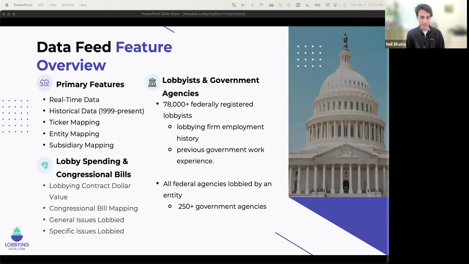You see activity every single day, despite the fact that the reports are supposed to occur on a quarterly basis. So if you worked with just one lobbying firm, which is rare, you would only have four activity points throughout the year, with a few different updates and amendments if you're increasing the scope of work. If your lobbying contract is 25,000 and then you increase or decrease it from 35,000 to 15,000 based on how many bills you want to target in Congress, those are amendments that will be published in the public sphere. That's what we capture.